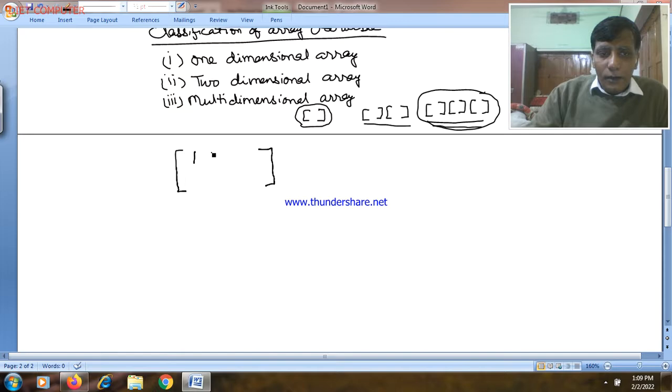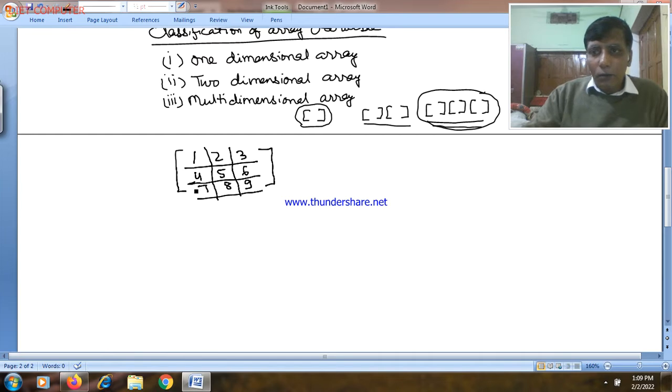You have performed calculations using the matrix. As you can see, the set of elements has been represented in 2 dimensions. This dimension is called row and this dimension is called column. Hence, when you have to perform any operation on matrices, then you have to declare a 2-dimensional or double-dimensional array variable